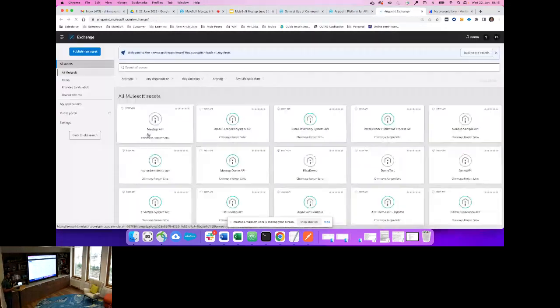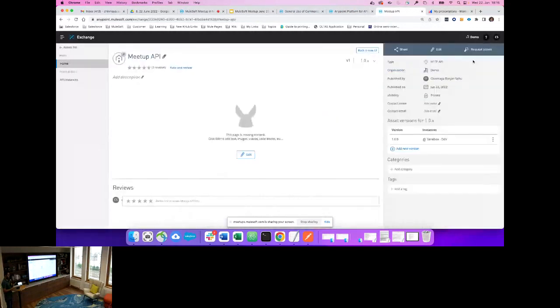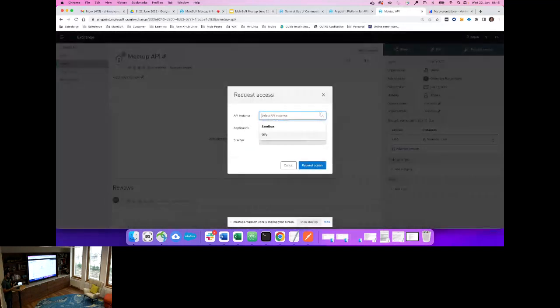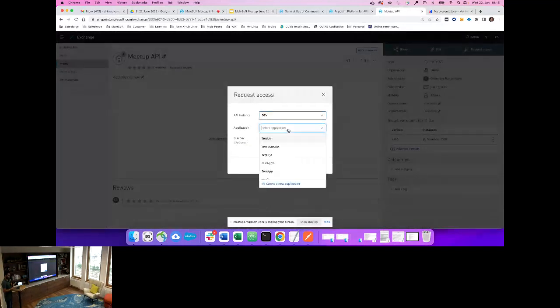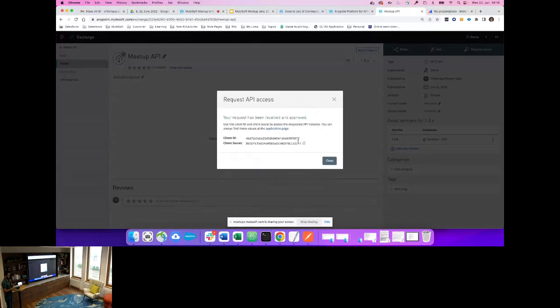Right. So this is the API. As you can see, this is an HTTP API, which has now been added to Exchange. I just need to request access. I can use a demo organization. Yeah. And click on request access. And there it gives me a set of client credentials. So when I'm requesting access,